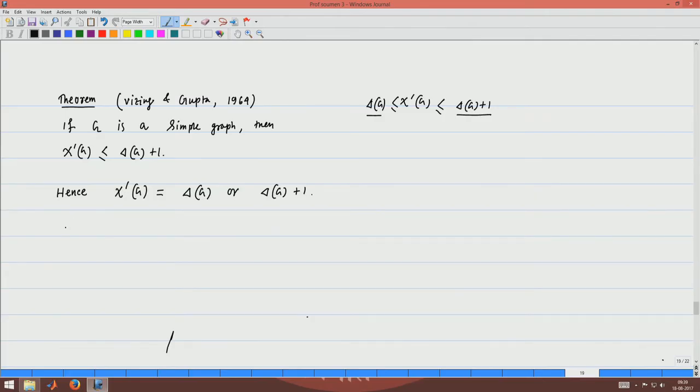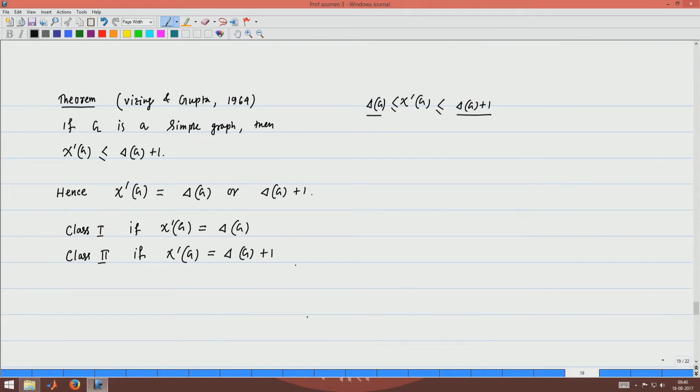Now, we will classify the graphs into two classes. Class 1: a graph is in class 1 if the chromatic index of that graph is equal to delta G, and a graph is in class 2 if the chromatic index of the graph is equal to delta G plus 1.